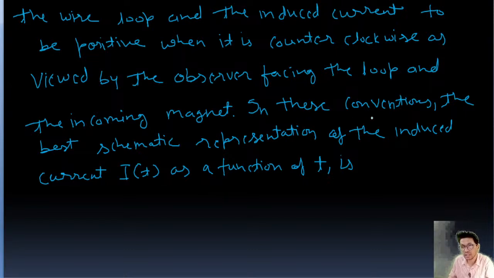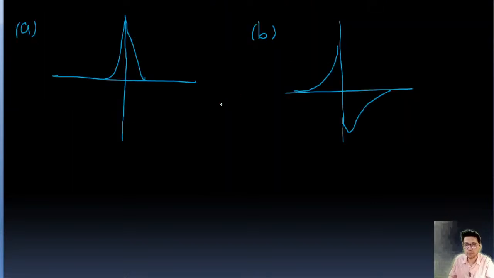In this convention, we have to select the best schematic representation of the induced current as a function of t. So which will be the best representation, and these are the graphs of I versus